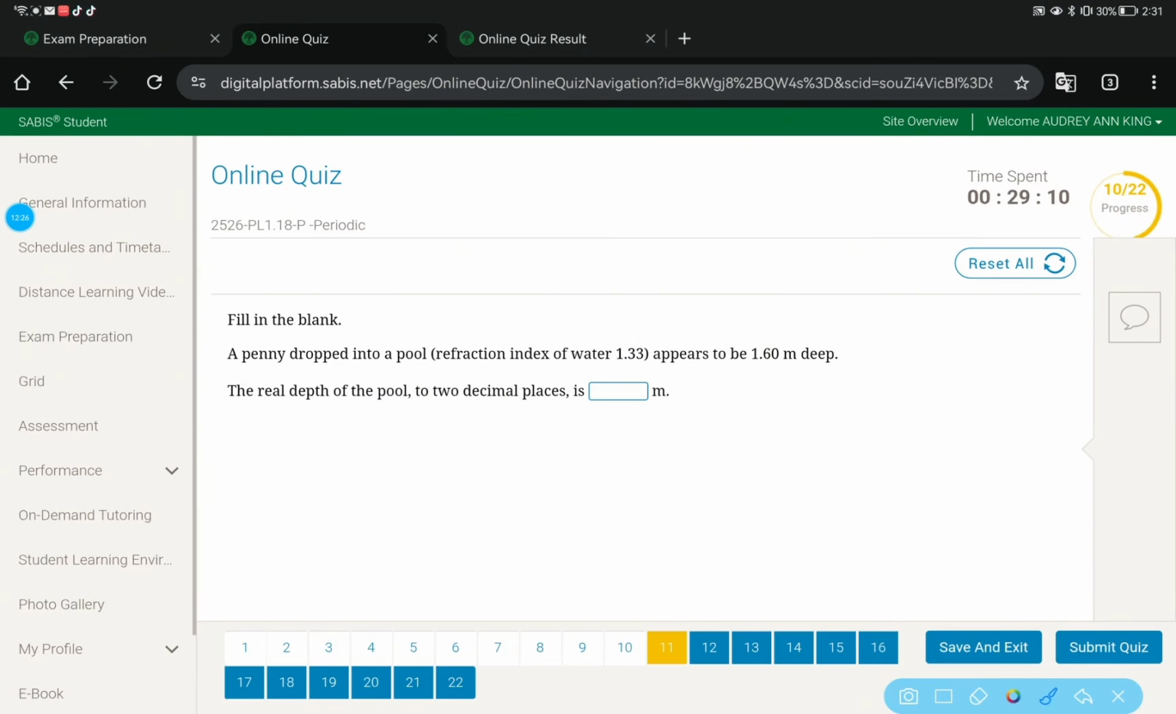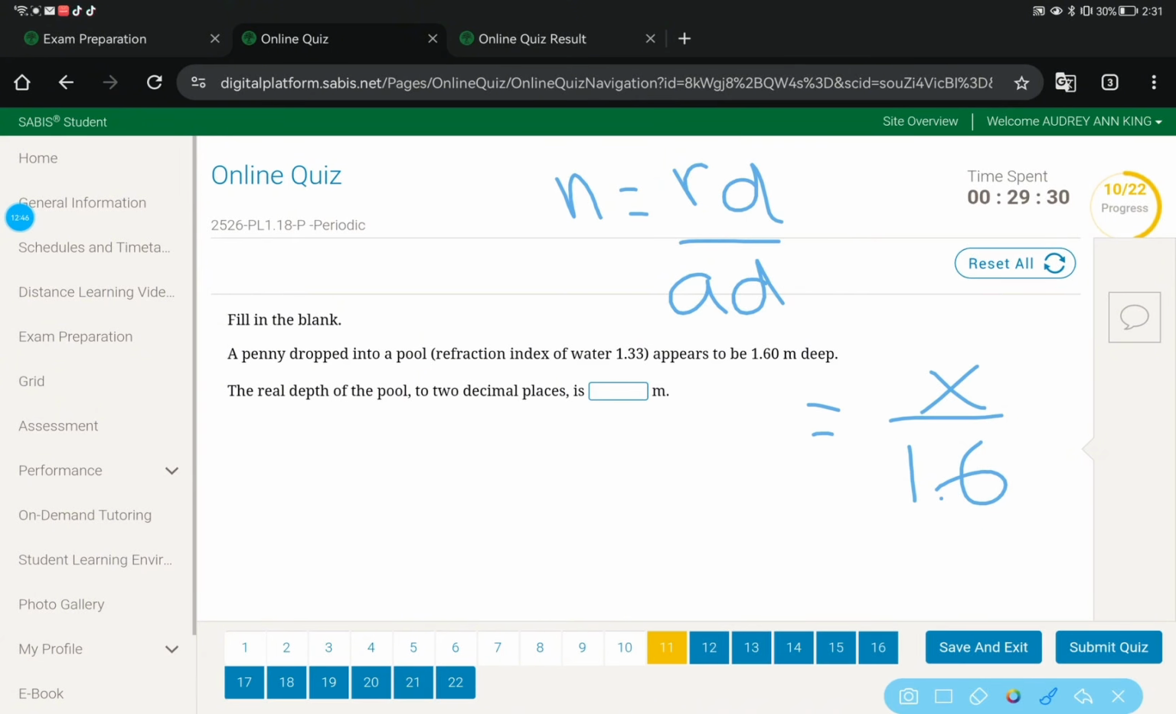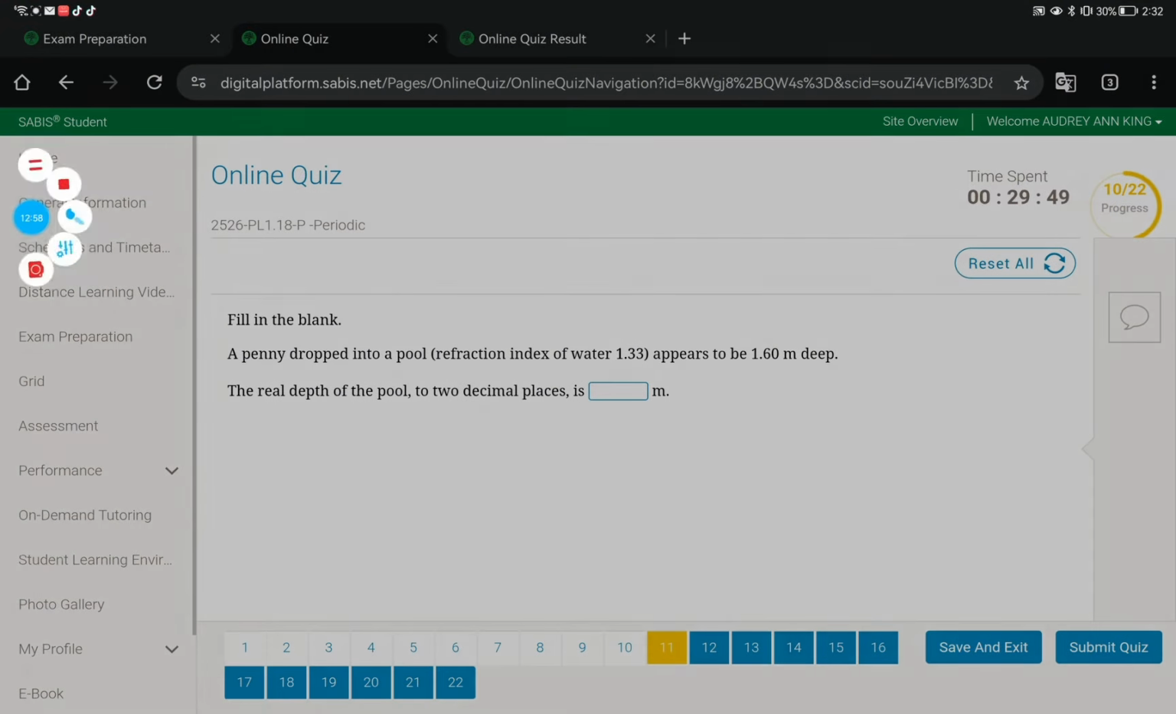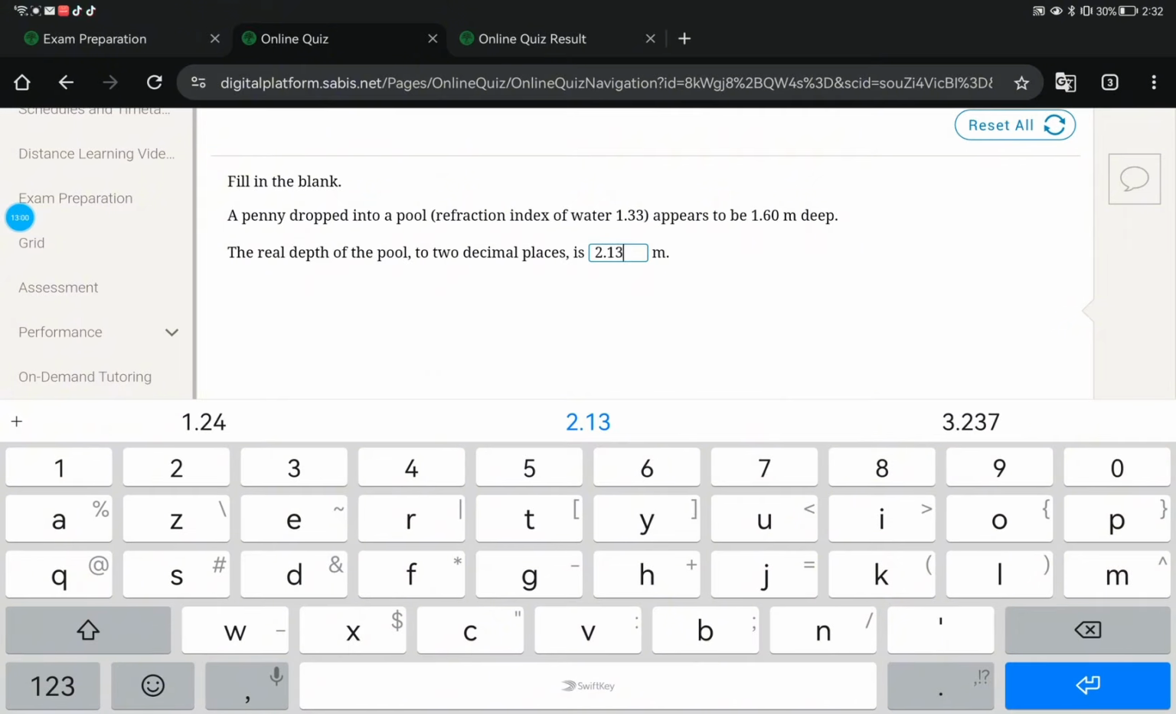So the formula for this is index of refraction equals real depth, which I'm going to write RD for short, over apparent depth, which I'm going to write AD for short. So our apparent depth is 1.6, where we're going to call RD x equals N, which is 1.33. So basically you just have to do 1.33 times 1.6, and after rounding, you should get 2.13, which is